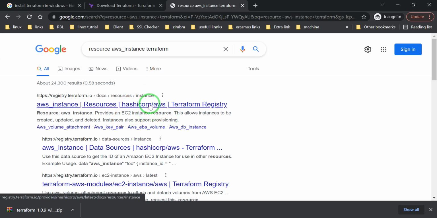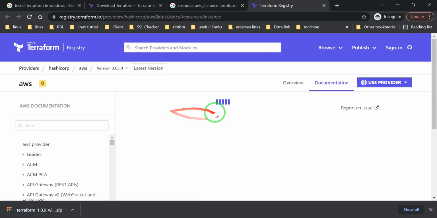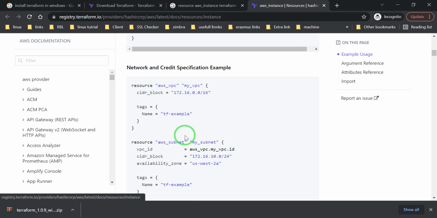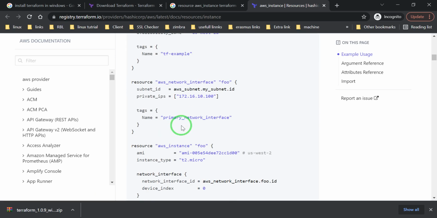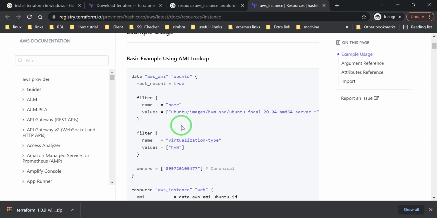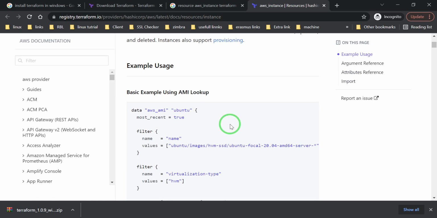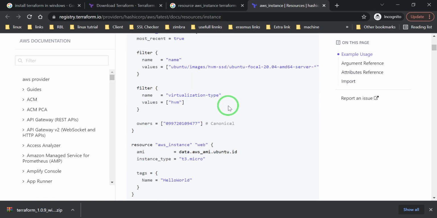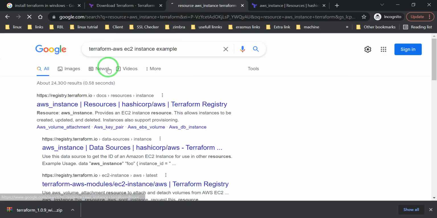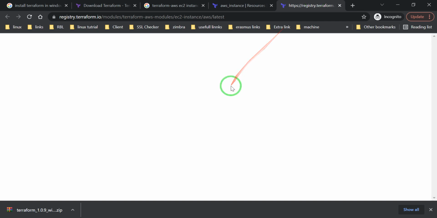So it will come up here, so you can just go and check the examples. All the things are very well documented here, so you can check how we create the instance with the help of Terraform. Or you can check the AWS resources or data creation. We have other topics as well. So what are the resources and topics in this Terraform instance examples? You can just write it here, and go and check.